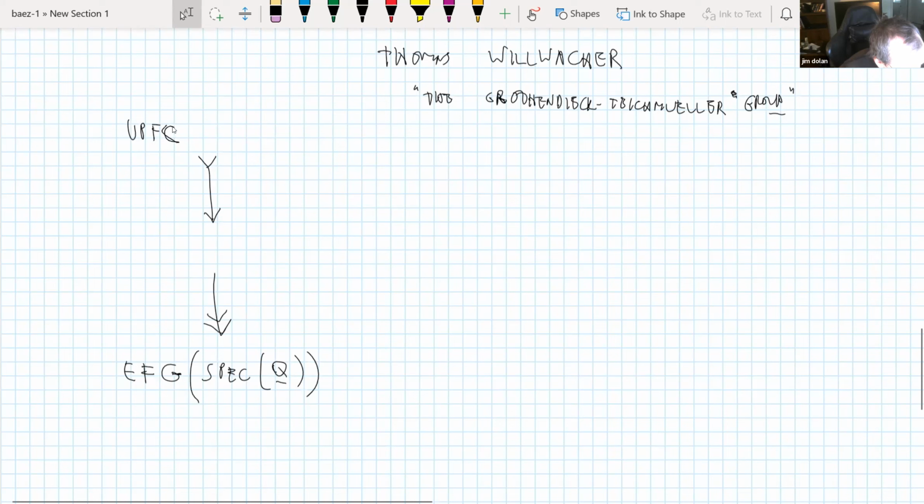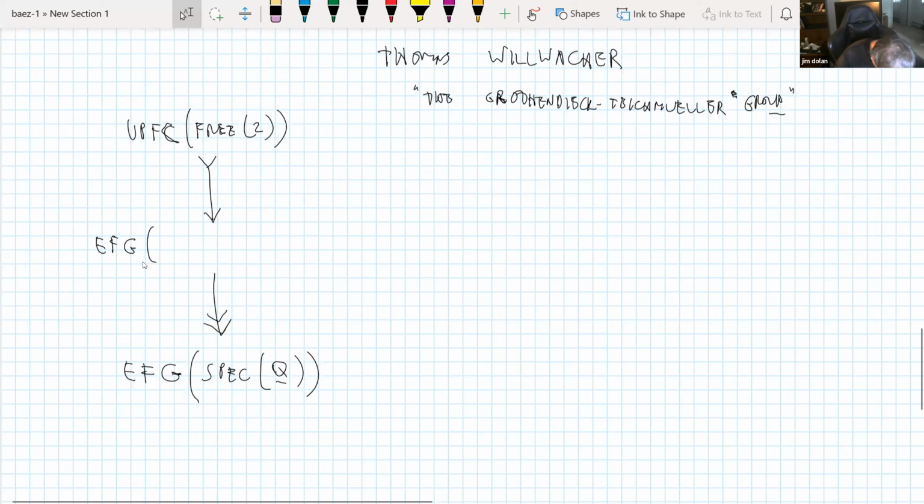I'm just abbreviating that as UPFC, universal profinite completion of the free group on two generators. So in the middle, he has a sort of twisted product of these two things. And I think it's a tau fundamental group